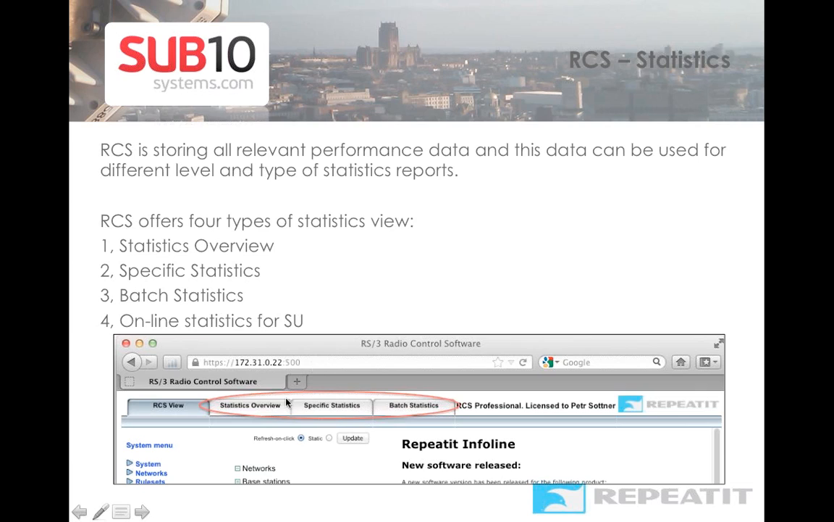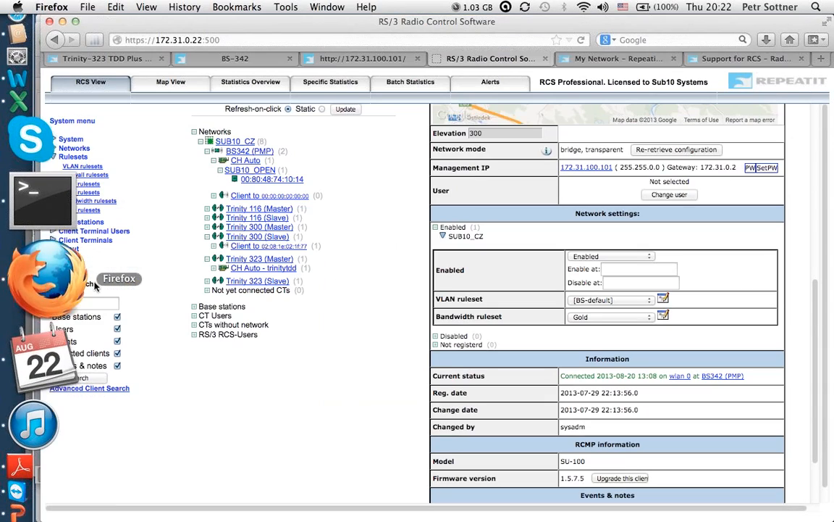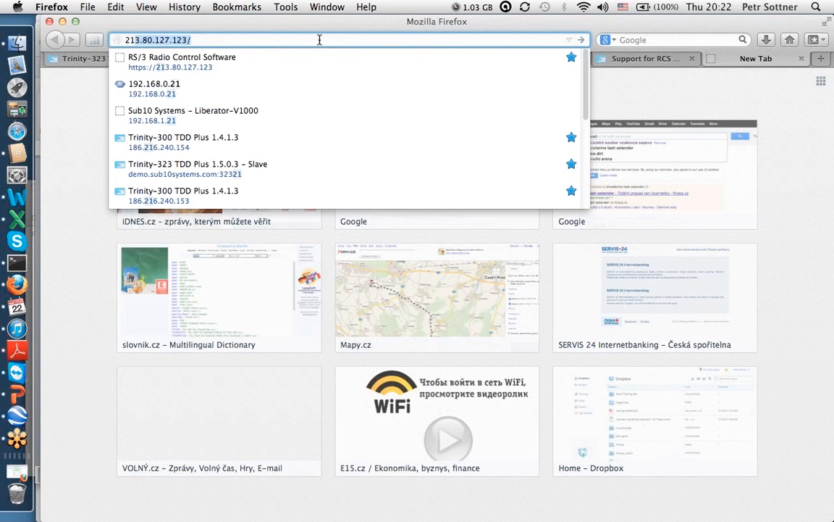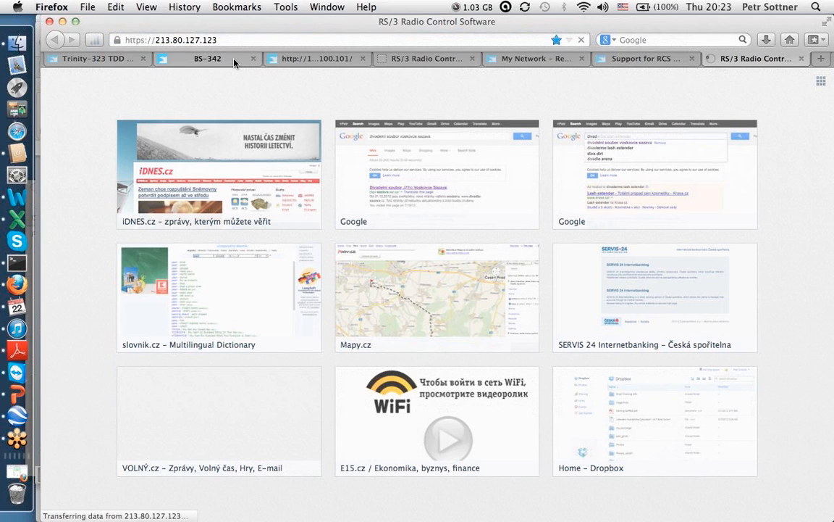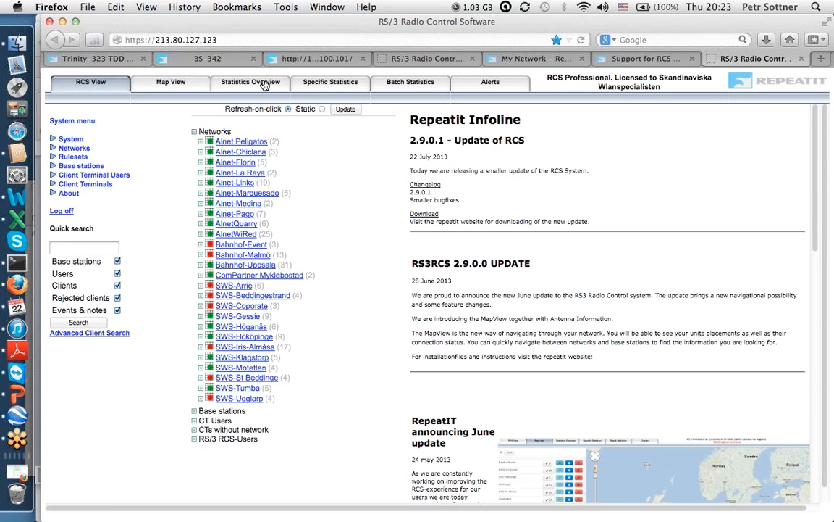Regarding the statistics, I mentioned that there are some long-term, short-term statistics, and there are some online statistics as well. Very quickly, I don't know what the time is. Okay. Very useful is this statistic overview, because you see all clients, how good these clients are. I will now, because you probably know that I like live systems, go to some regular system, and look, I can go to the statistic overview,